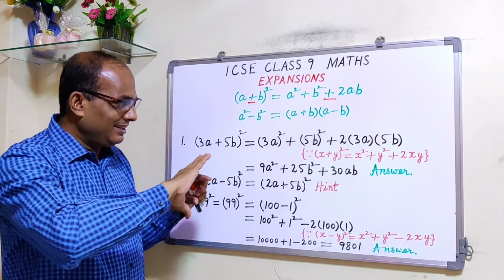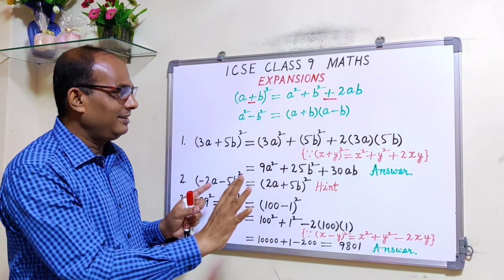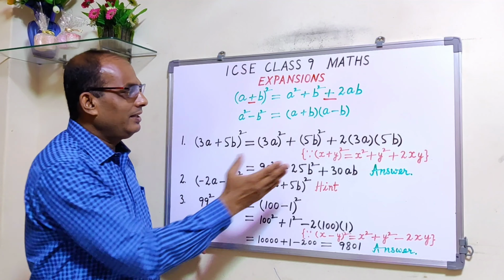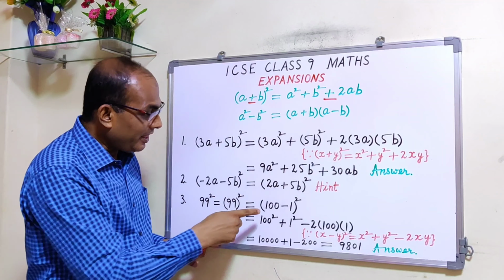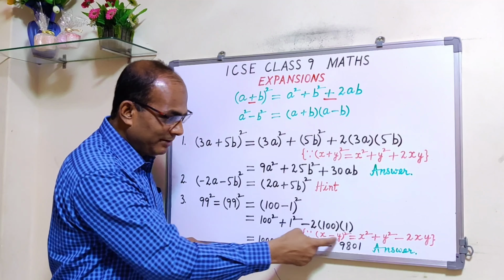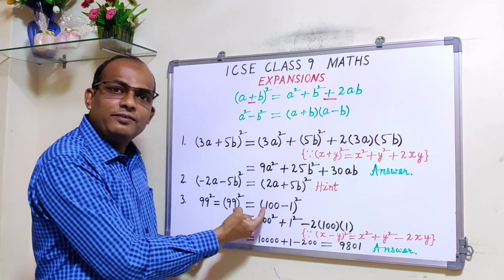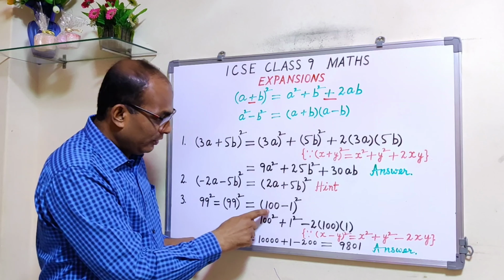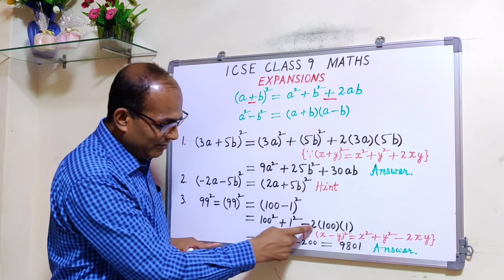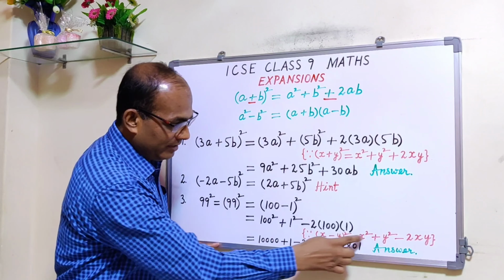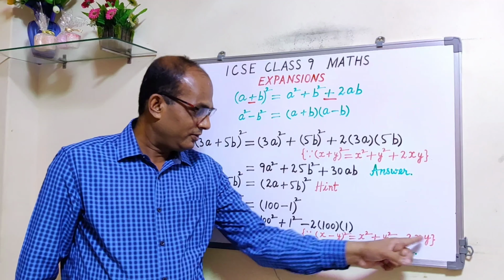There should be clarity, and everything should be neat and clean and clear. So that's why I'm saying that you write x plus y, otherwise you can write a plus b also. Here you can write either a minus b or x minus y, either way it is correct, because neither you have a b nor you have x y. So this is x and this is y, x minus y whole square, x square plus y square minus 2xy. X minus y whole square is equal to x square plus y square minus 2xy.